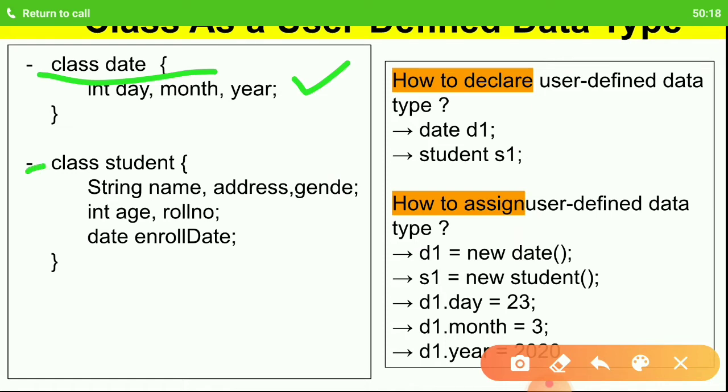Similarly I have got a Student class here, and the Student class has got these instance variables: name, address, gender, age, roll number and enroll date. Now in this Student class, can you see something different from the Date class?